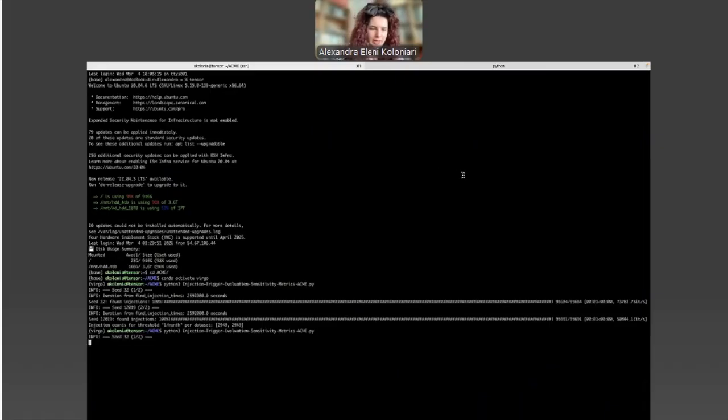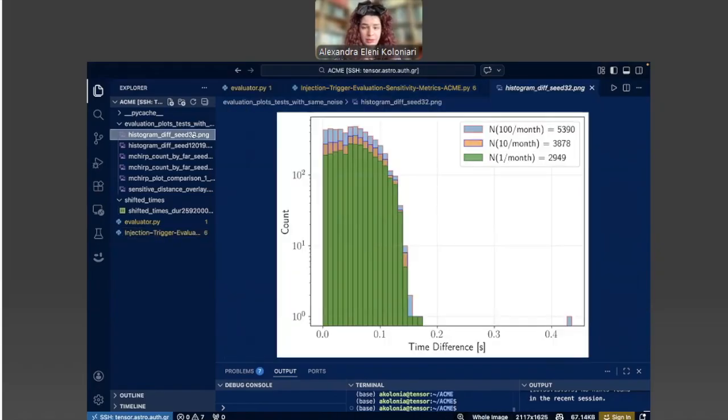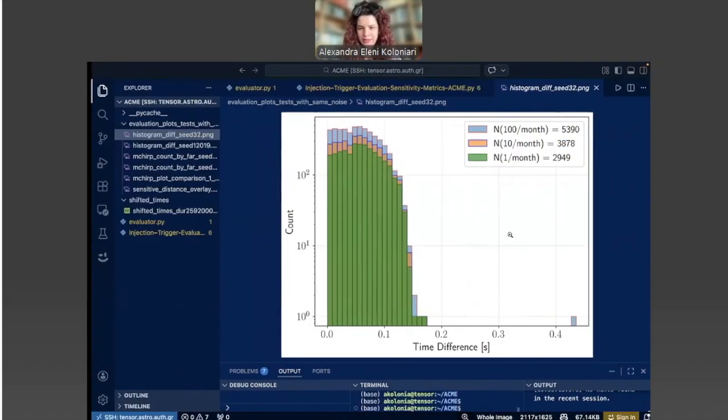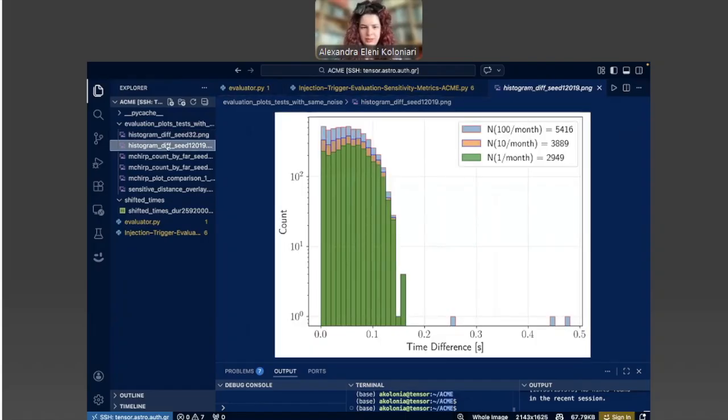it will create different plots this time. For example, you will see those numbers will actually increase very much, because the events bias the false alarm calculation a lot. So, give it a minute. It is very quick, actually. So, see, from 2,000 and something, it went to 3 and something. You will see the same here as well.